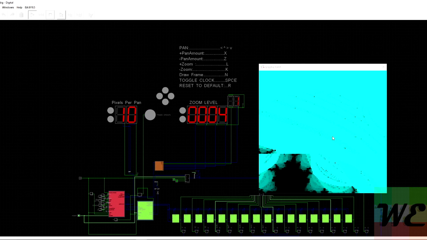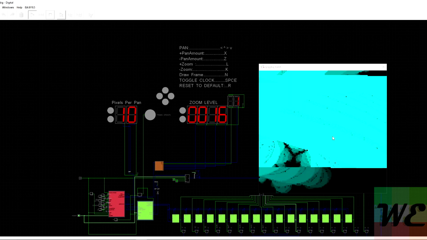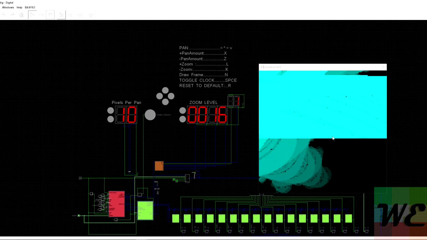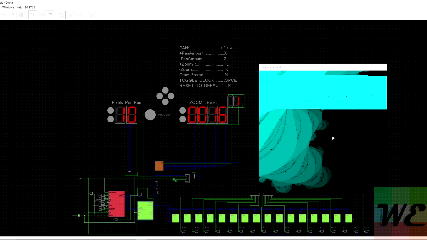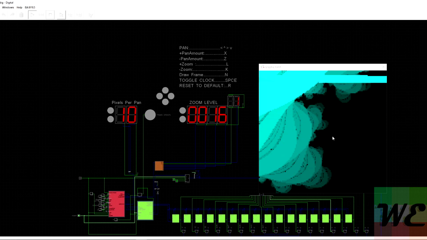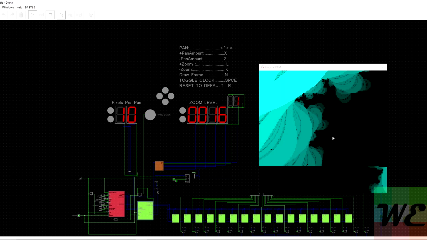Cool. Now we'll press L to zoom in. Oh, you can see it start doing that, and there we go. Now we're at 16x zoom. Let's follow that little tendril coming off.